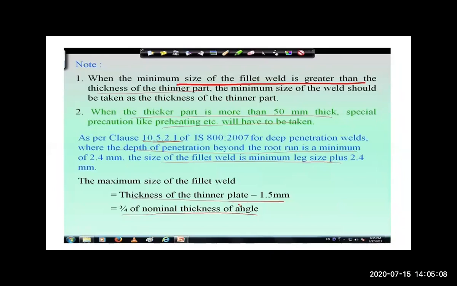These are some of the notes under the size of weld. So when the minimum size of fillet weld is greater than the thickness of the thinner part, the minimum size of weld should be taken as the thickness of the thinner part. It means what?